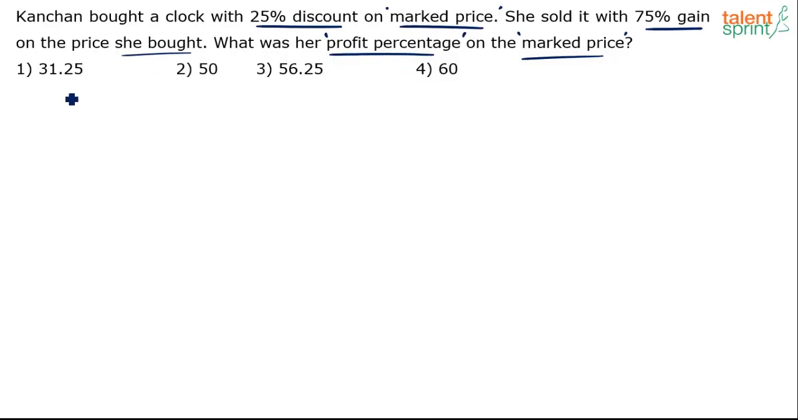So, for example, let's assume that the initial marked price is 100 rupees. The marked price is 100 rupees. Kanchan bought it with a discount of 25%. Discount was what? 25%. 25% of what? Discount is always on the marked price, right? So 25% of 100 is